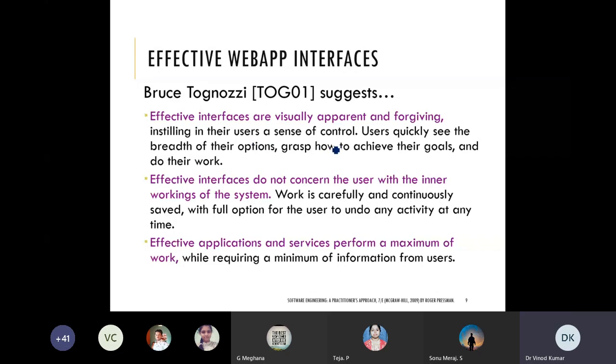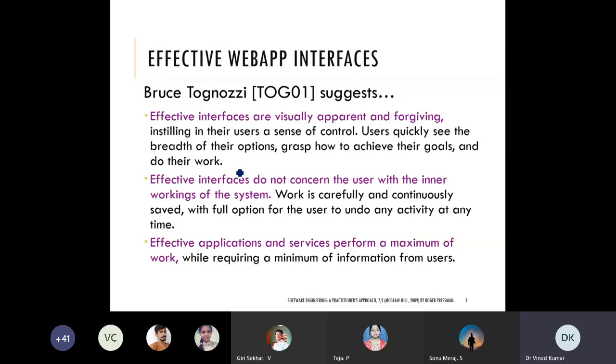Users quickly see the breadth of their options, in which direction they can move, and grasp how to achieve their goals and do their work. Apparent means it is clearly mentioned what I will do next.